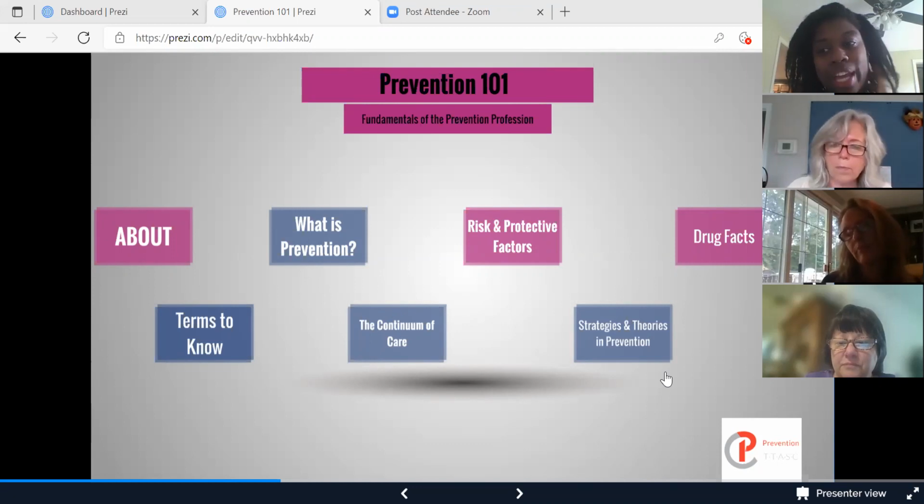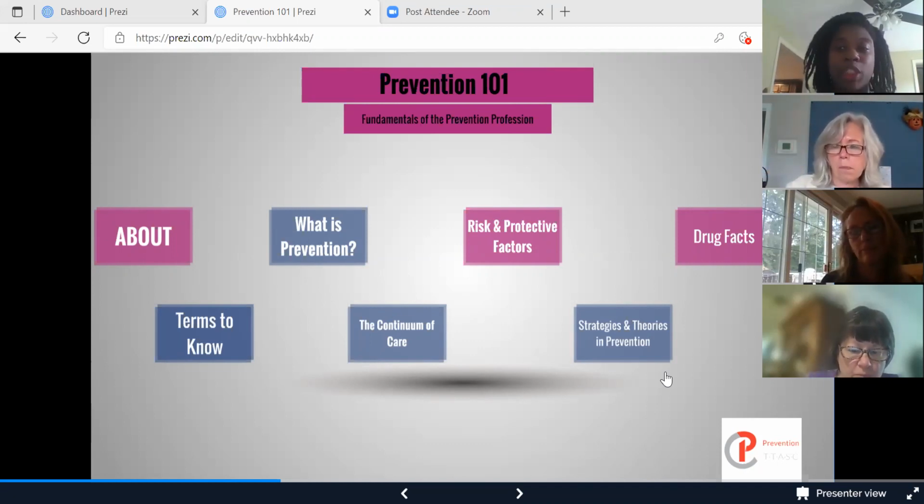Yes. So we actually do have a gambling series. I'm going to touch on that a little bit more towards the end of the presentation. But gambling, of course, is a mental health and a public health crisis that we also want to work on as well. So I'll touch on it a little bit more later, but it is definitely a part of prevention.